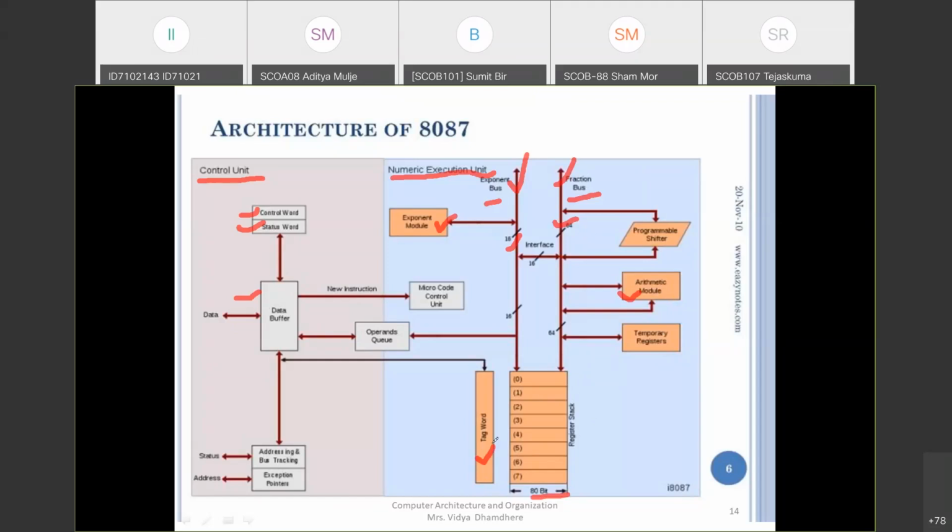This is the working architecture of 8087, but I will explain it with the help of the next few PPTs.